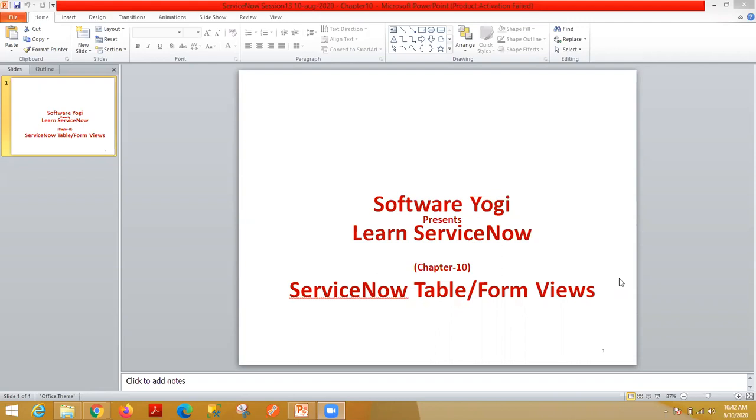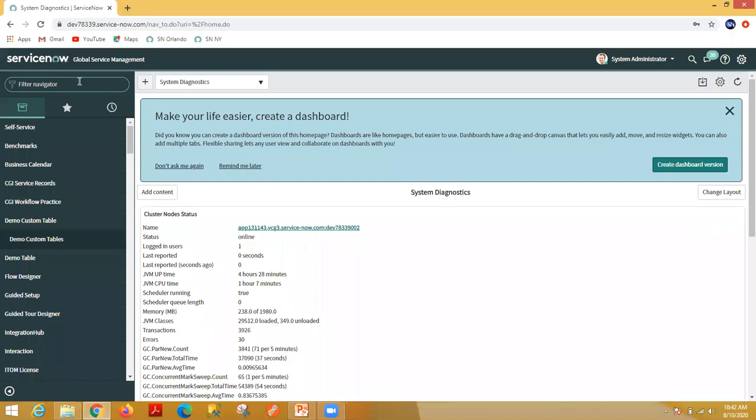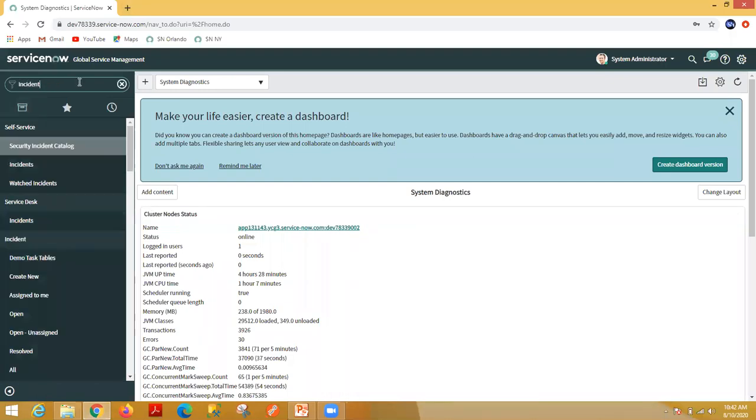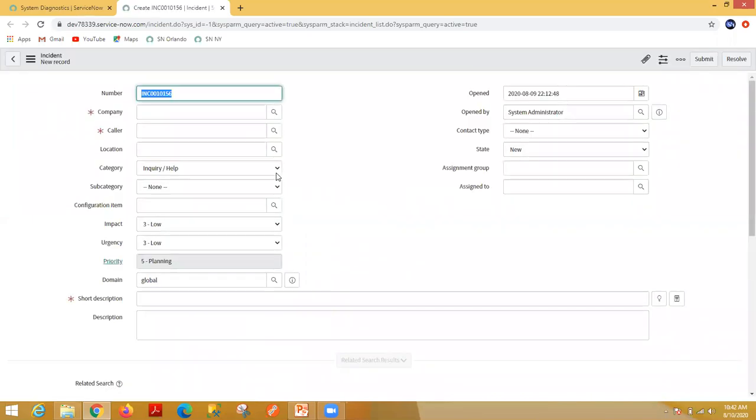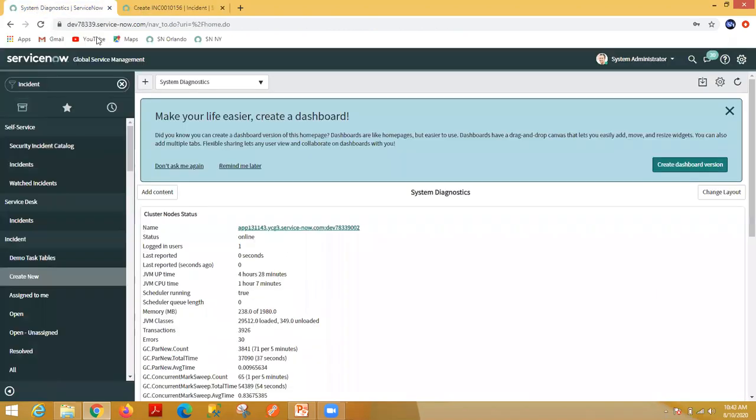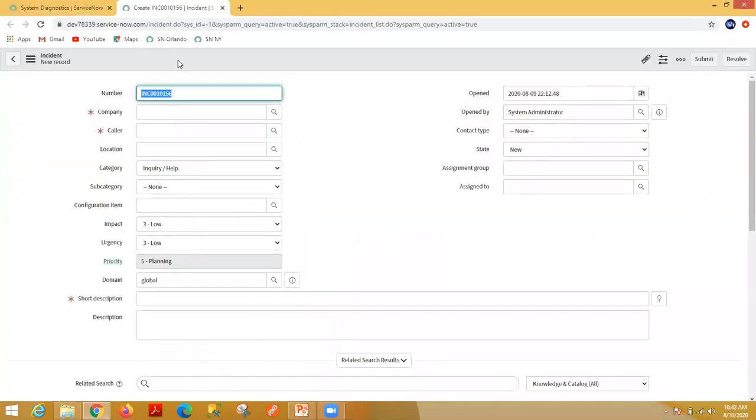Just for example, we have the incident form right here. If you click on create new, this is one view of the incident form. This is called the default view. Now there is one more view available inside ServiceNow related to the incident form, that is called the ESS